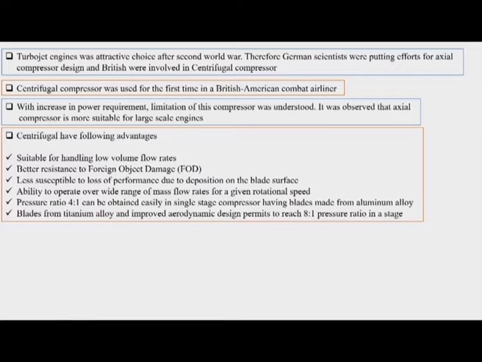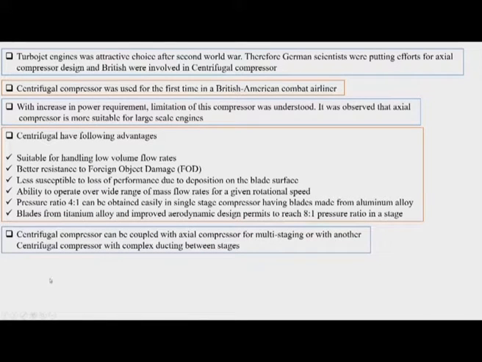There is a stress developed on the blades due to rotation, and that stress is going to lead to failure. If we try to increase the pressure rise, then we have to have some different material for higher pressure rise applications.